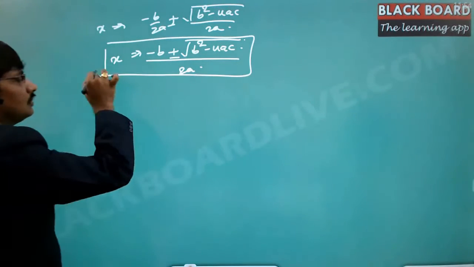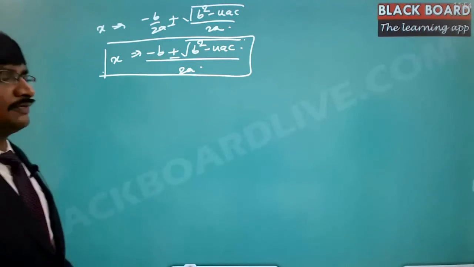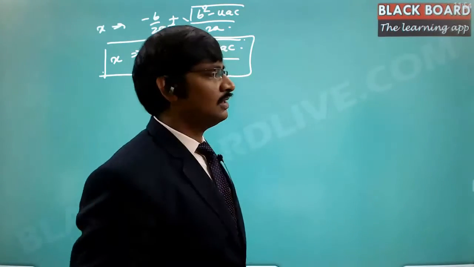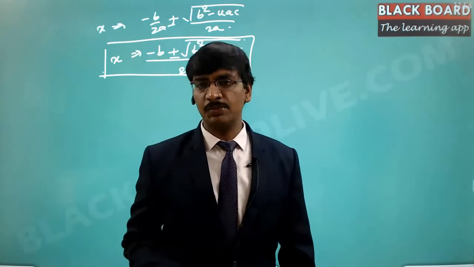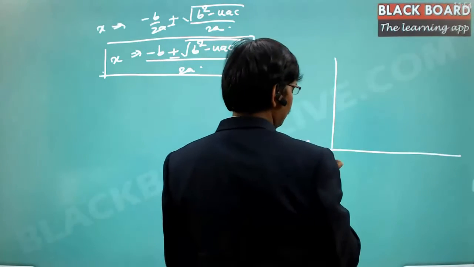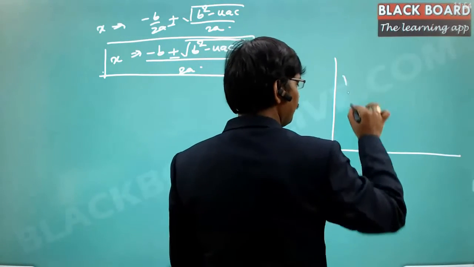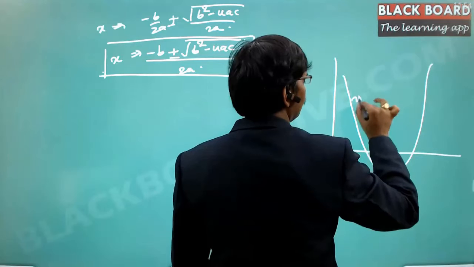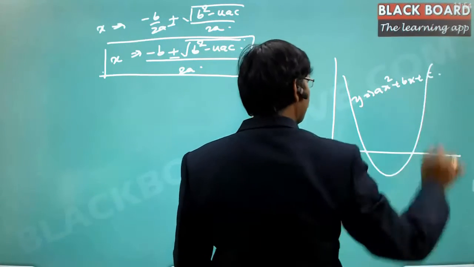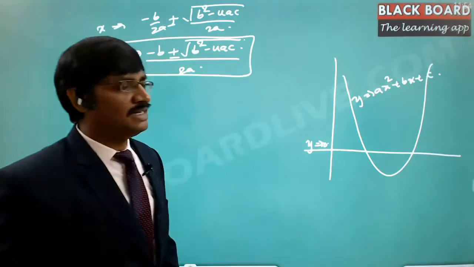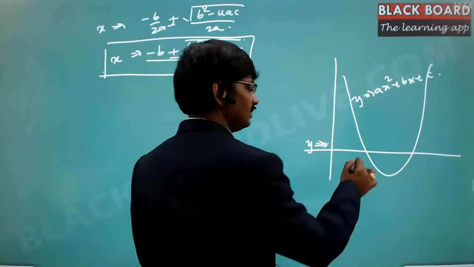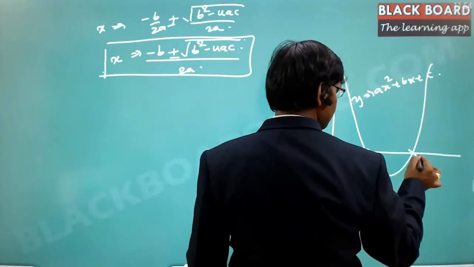So this is how we calculated the solution of a quadratic equation. The solution by definition, what we have done here is, we have identified the intersection point of the straight line y is equal to 0 and the parabola equation y is equal to ax square plus bx plus c. Now here, as I have identified the solution of this quadratic equation, I have got two values. One is this intersection point, another is this intersection point.